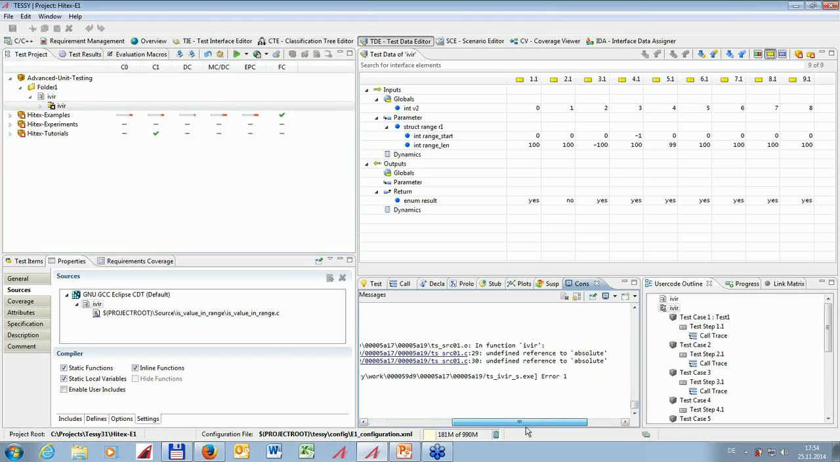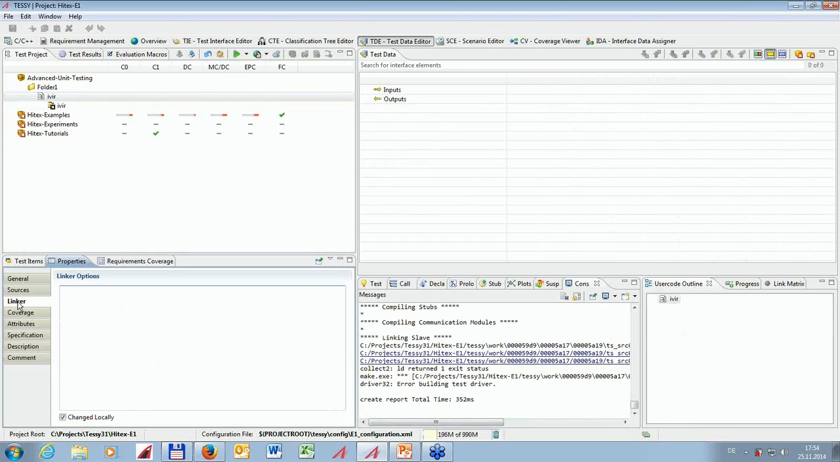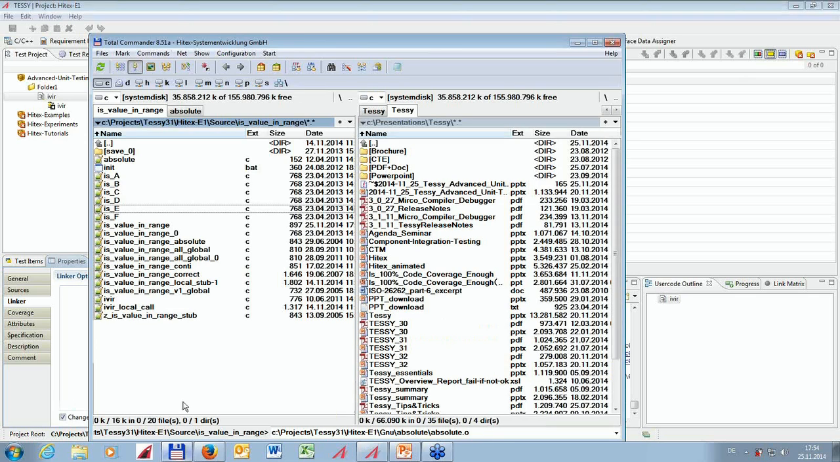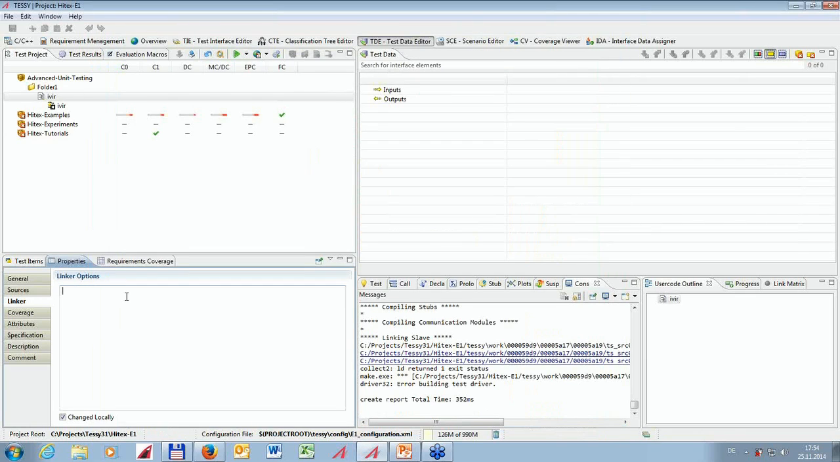So we get the usual linker error here, and I can remedy this by providing an object. If I go to the module properties, I have an additional possibility to provide options to the linker, with the GCC that I'm using now. It's just a possibility to provide an object on the command line to the linker, and then the linker will link this object to the test application, and in this object here is an implementation of absolute,